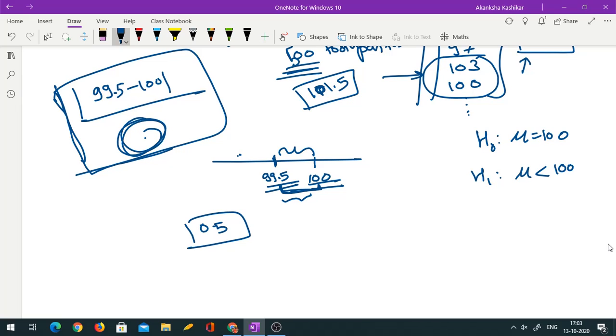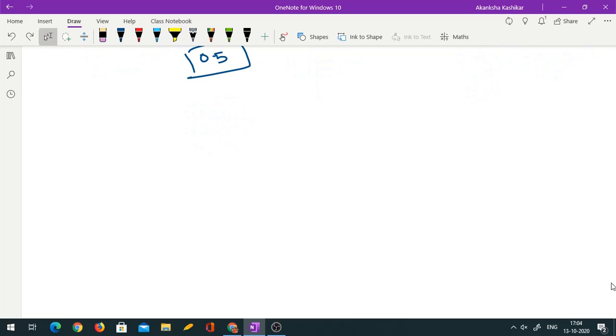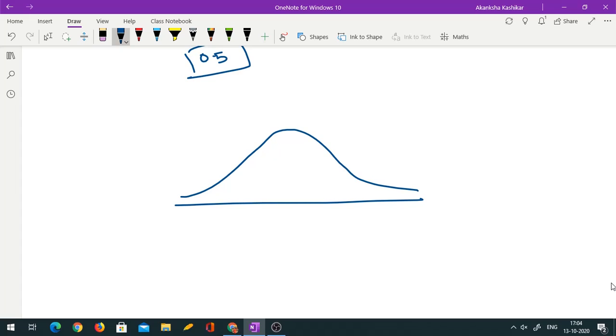Okay, so at what point you should really conclude that yes, there is enough evidence against this, and hence this should be correct. Okay, so there are statistical theories to do that. So how is it achieved? One of the commonly used distributions for that is the normal distribution that we studied. The normal distribution is a bell-shaped curve, we know. So ideally, the difference between the observed value of mean, that is x bar, and 100 should be 0